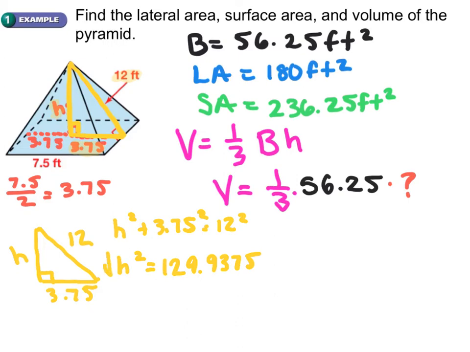129.9375. And when you take the square root of both sides, you're going to get a decimal. But if I round my decimal to the nearest hundredth, I get 11.4. So now if I go to substitute into my formula,